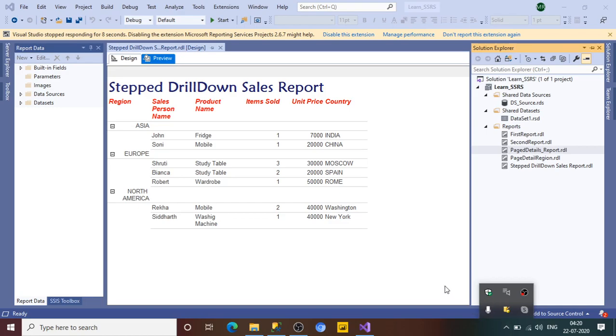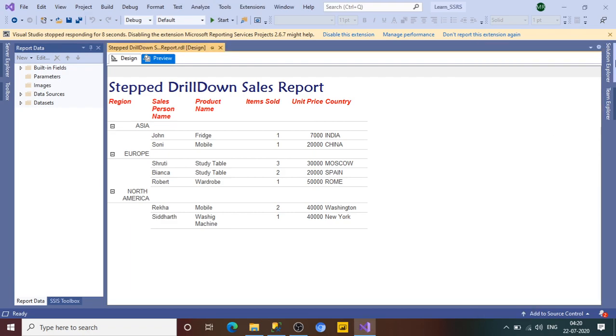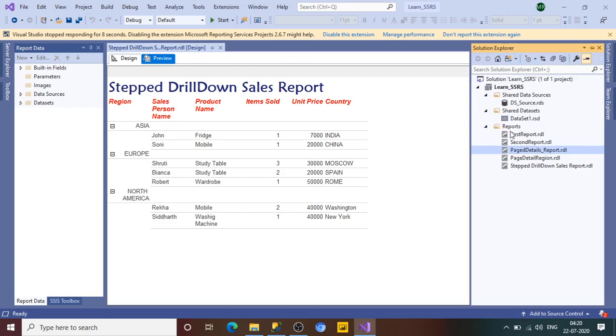So in this session we are going to learn how we can create the blocked report, okay, with the subtotal included using the report wizard. So let's get started. You just open the Visual Studio and select your SSRS template or create a new solution, and there you will find this folder reports. Right click on the report folder and click on add new report.